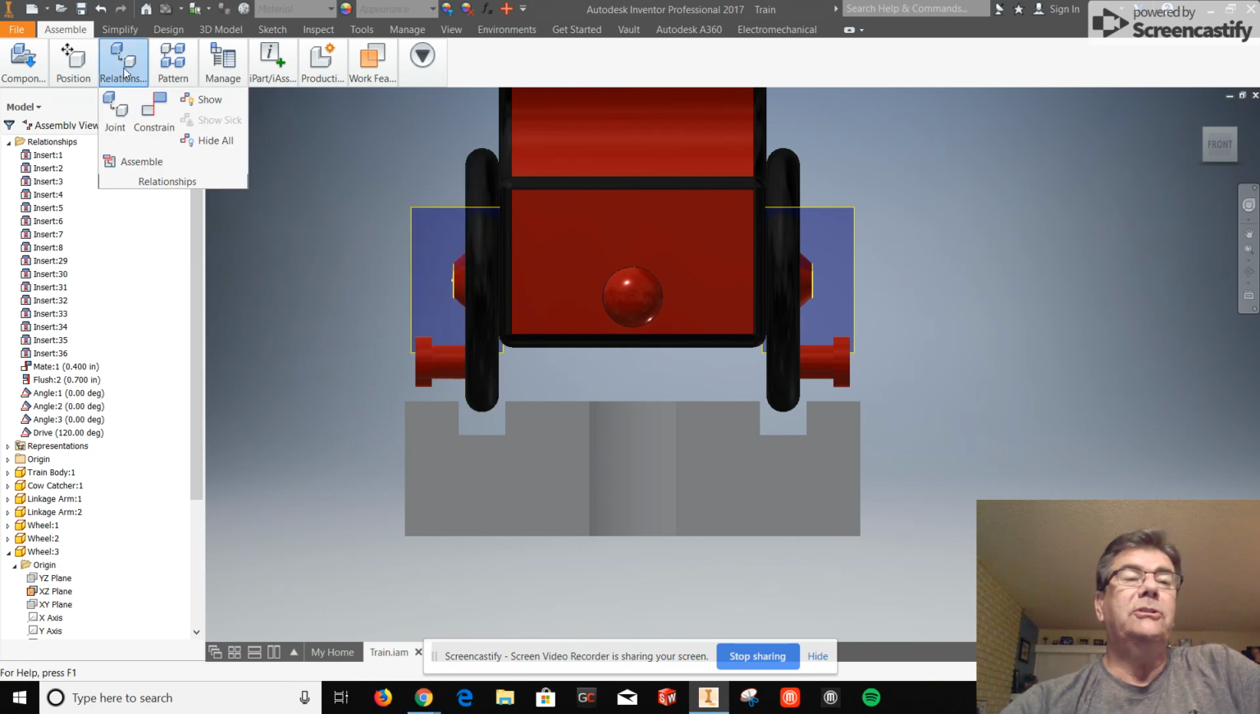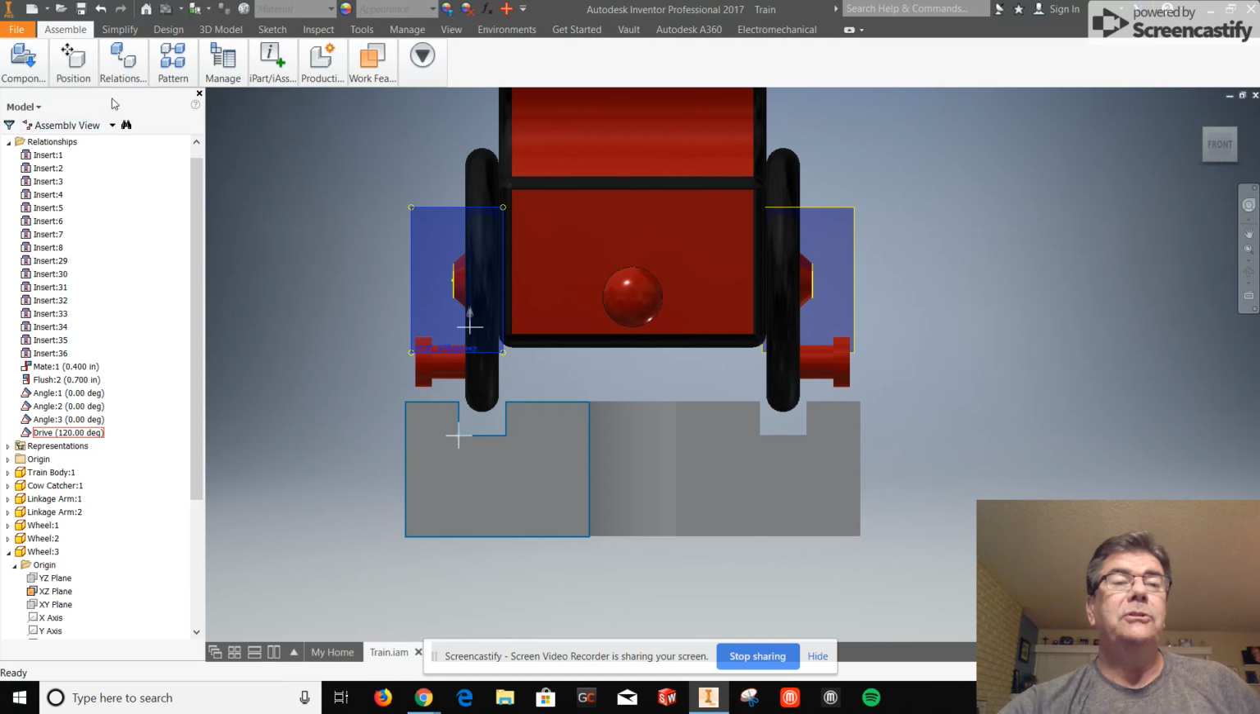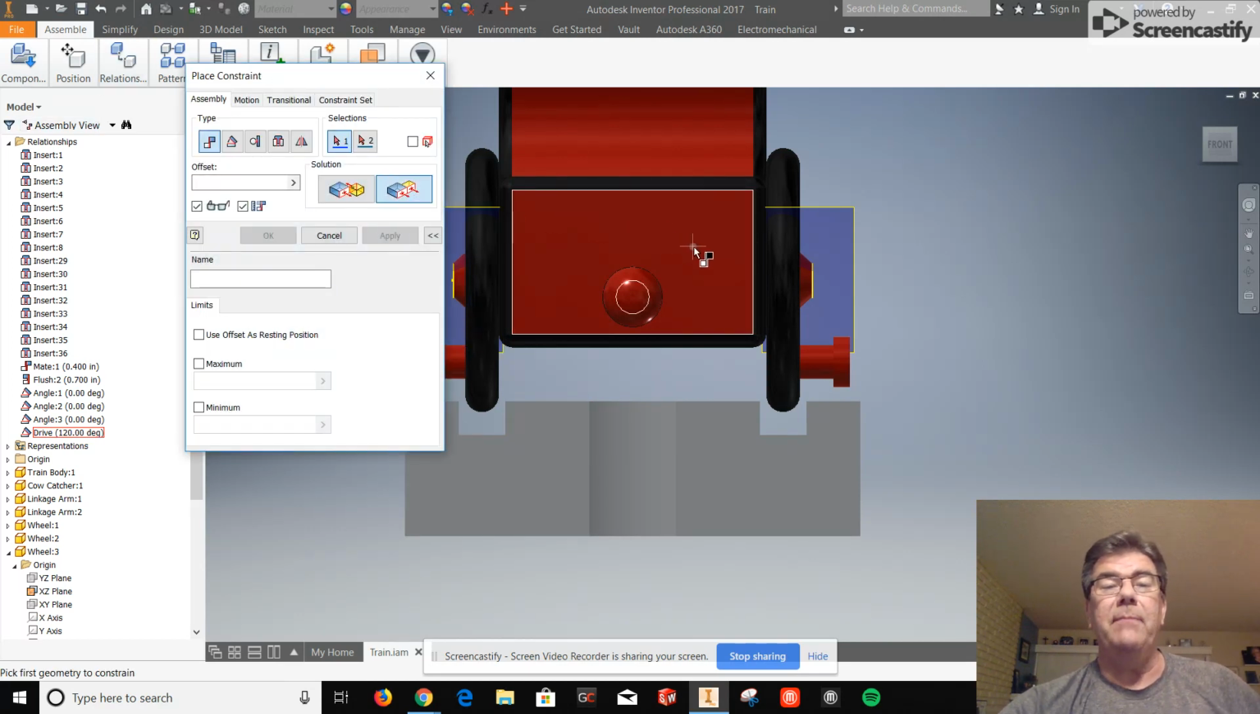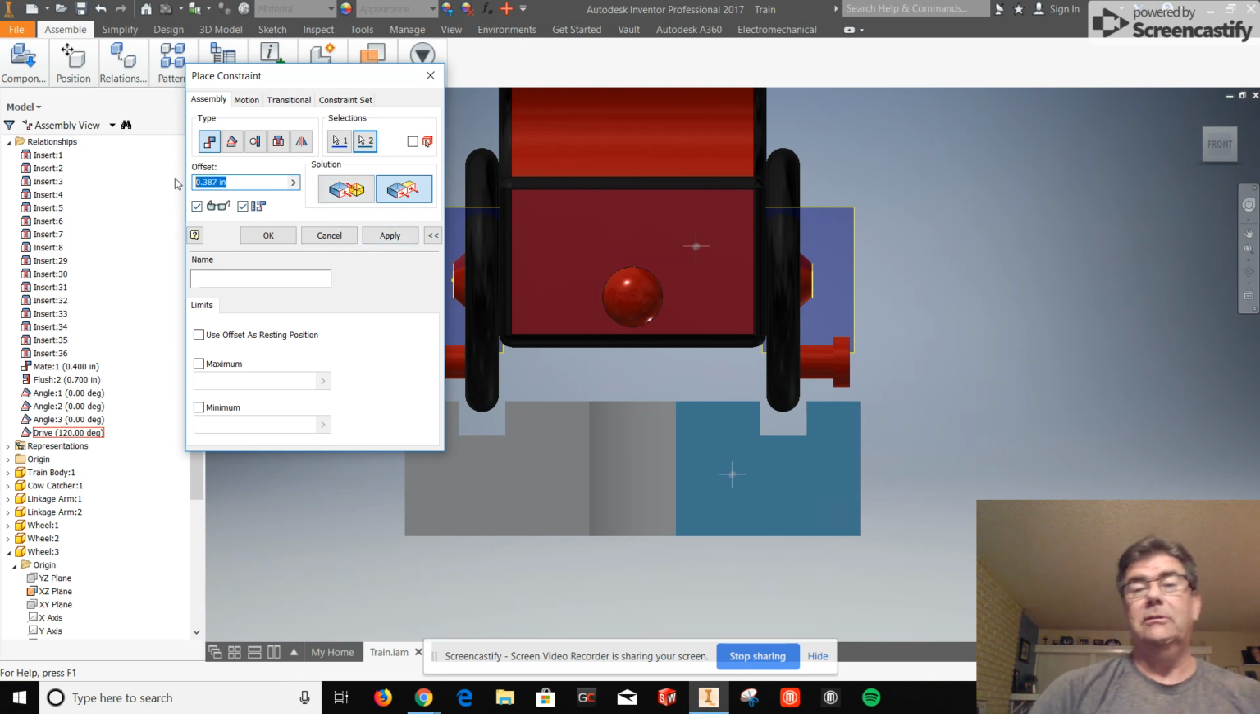My final constraint then is to link the drive to this flush constraint I'm now going to put on the back of the train to the back of the track. I hit apply only after I put in my equation. Now we know that the diameter of the wheel is equal to 2.25